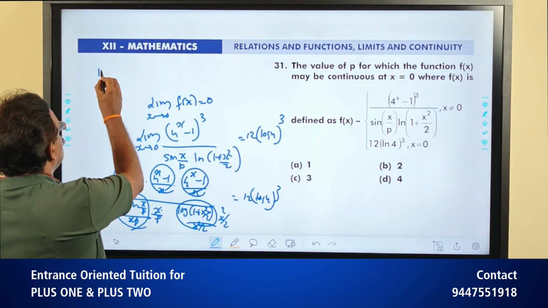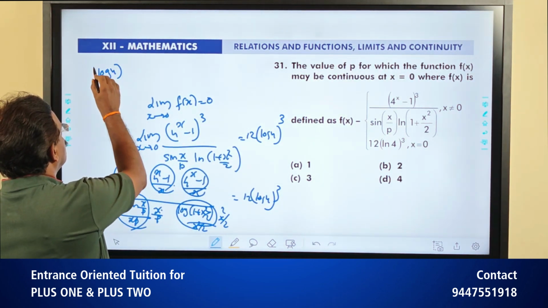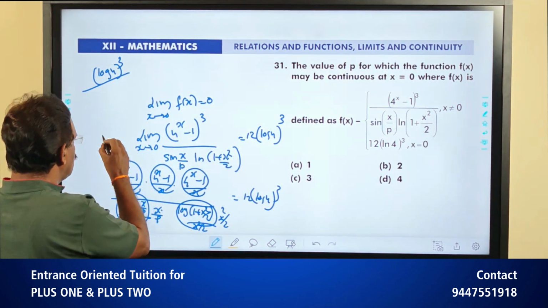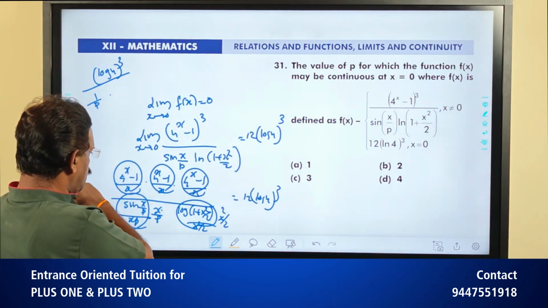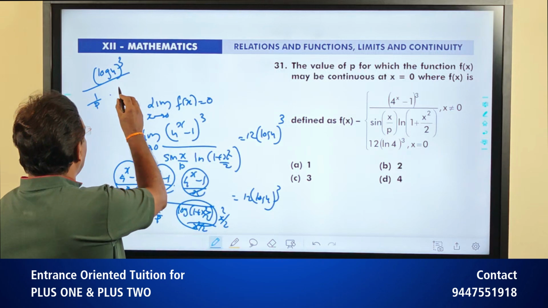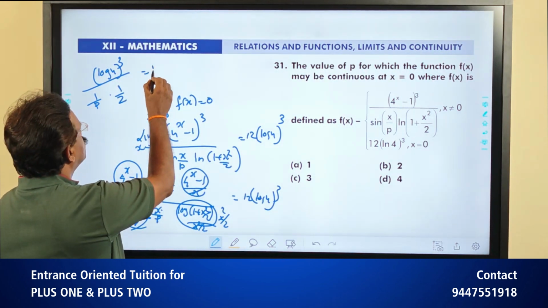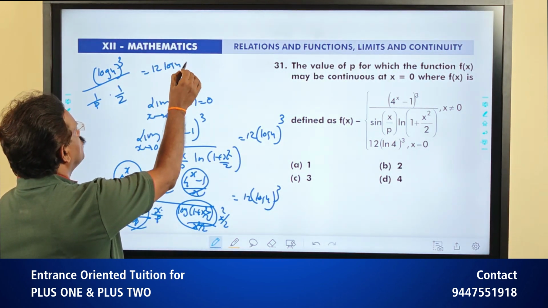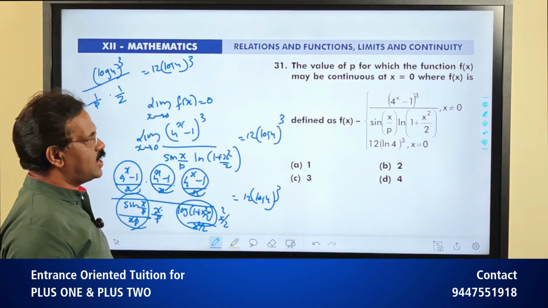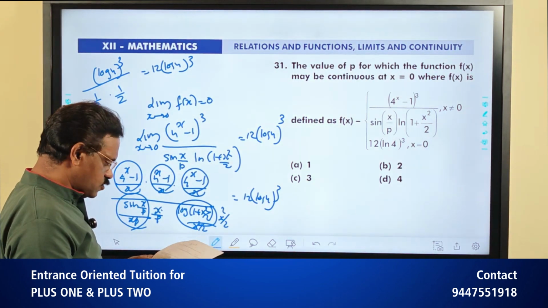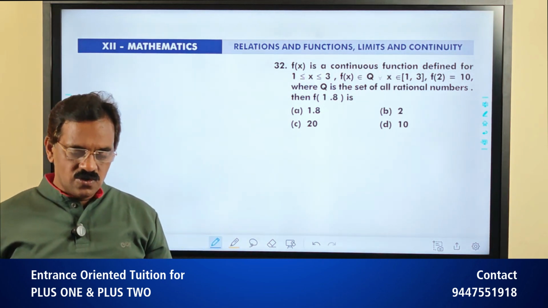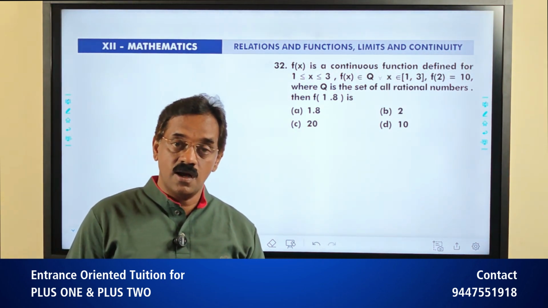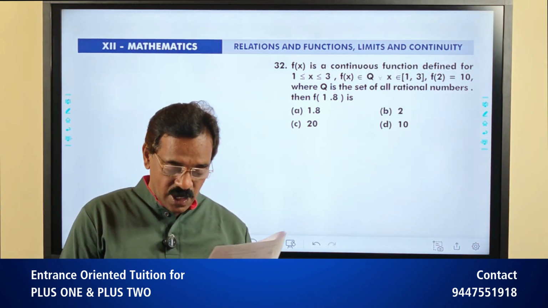So we get log 4 whole cube divided by 1/p into x² by 2 equal to 12 log 4 whole cube. When you cross multiply, you get the value of p, and the value of p is given to be equal to 4. So question number 32, when you read the question, it looks tricky, but when you have a glance at that question,